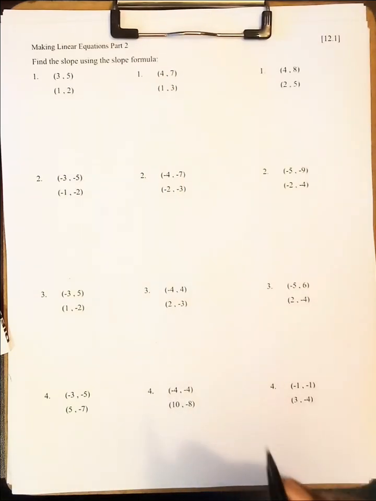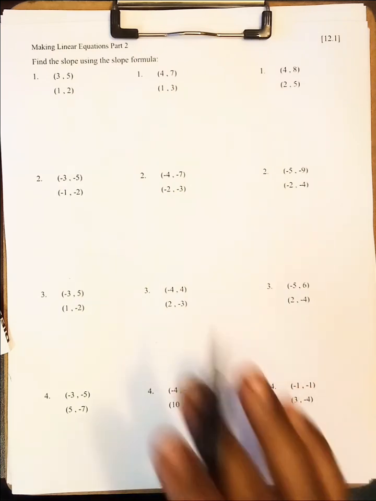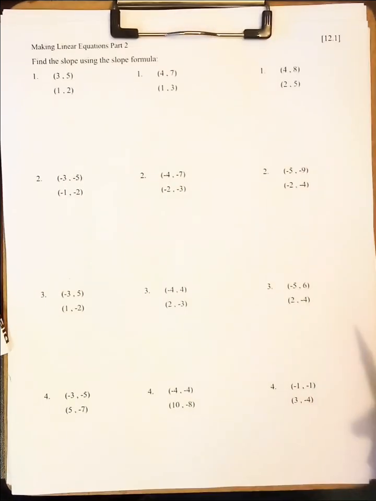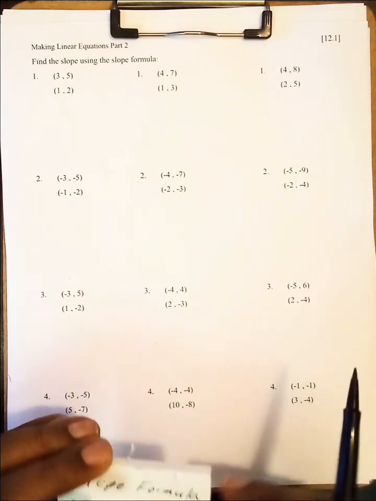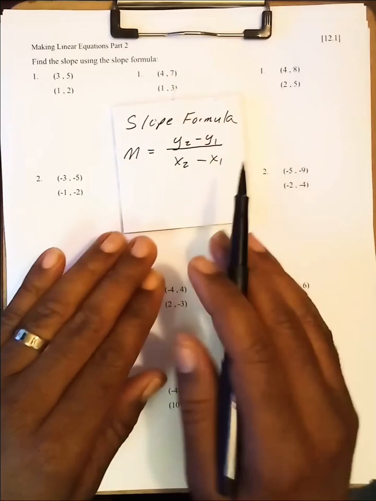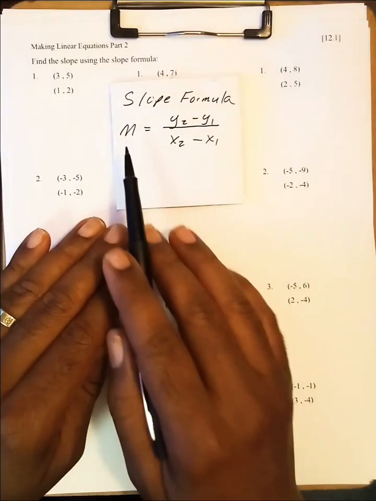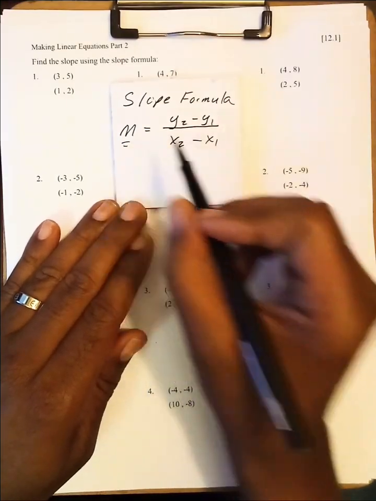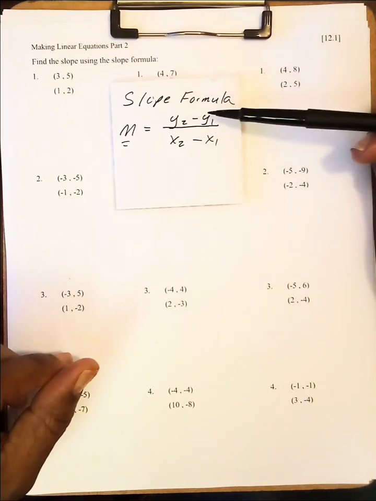We're going to be making linear equations. But in order to do that, we need to find the slope of those linear equations given the 2 points that are going to start them. So the slope formula looks like this. The traditional, you see that slope, we use the letter m, is going to be y2 minus y1 over x2